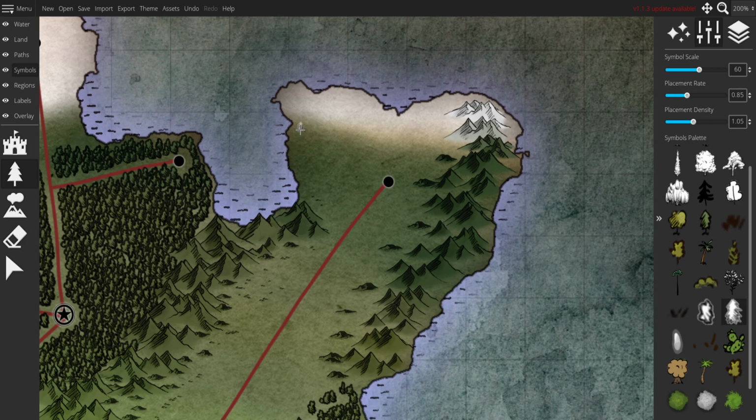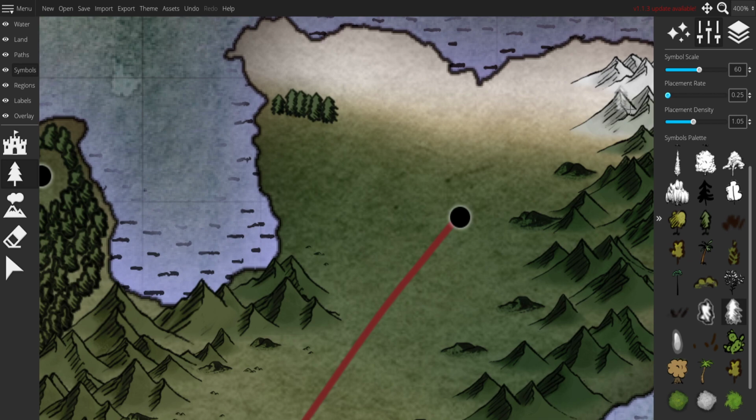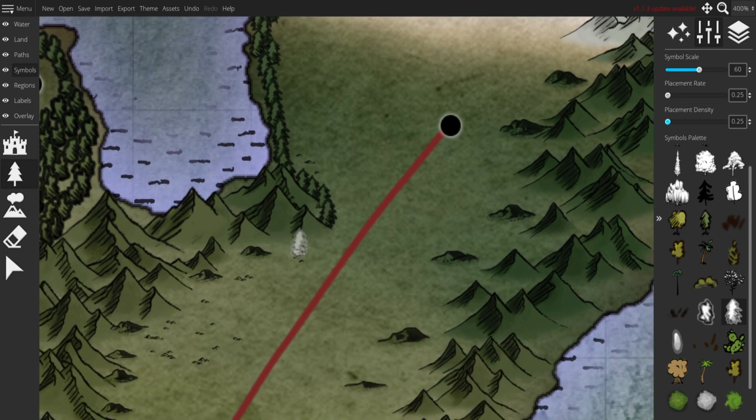Hopefully I didn't lose my mojo. Hopefully I can get back to clicking trees. Let's slam that placement density back down to 0, and let's grab our pine tree stencil and let's start tracing out some trees. And we're in the home stretch here. I think we're gonna go just down to about here, and we're gonna go straight across